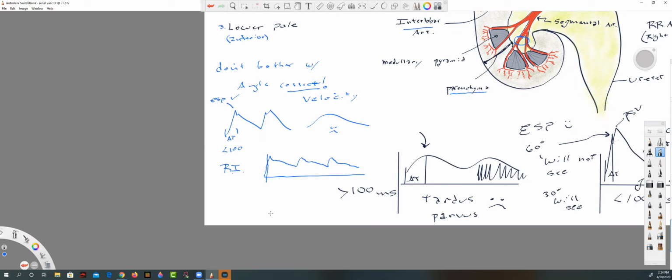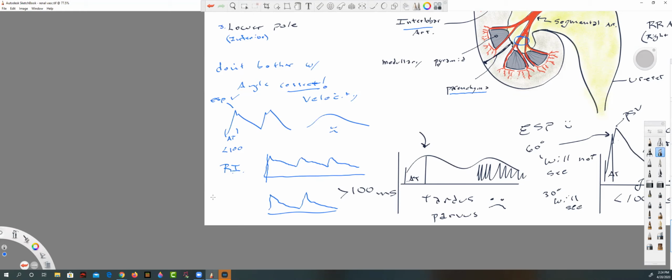If you have a waveform that looks more like this, that's a much higher resistive index. Yes, there's continuous flow, but the end diastolic flow is much closer to the baseline. That's a relatively high resistive index. The RI for the kidney,